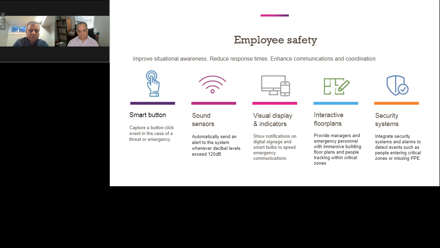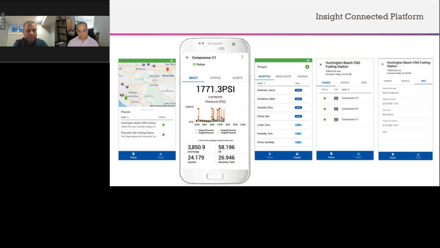I want to just show you a brief user interface for this application. This is a scenario where we were working with an industrial customer that is deploying compressors across their multiple locations. This is the live data reading coming from the compressor.